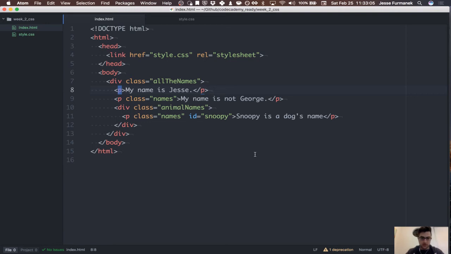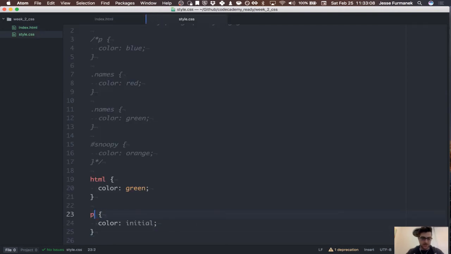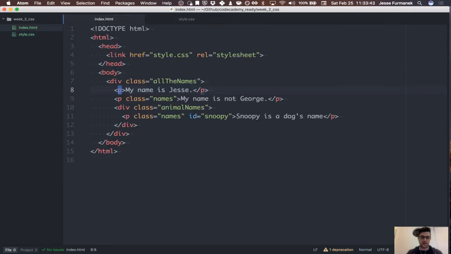If I were to set the class animal names to, is that right, unset? Yes. Save that file, go back here. You'll see everything is green. Oh, sorry. A key part about unset is it works really weird with inherited properties. Color is one of those inherited properties, so we're actually not going to use color for this example. We're instead going to use